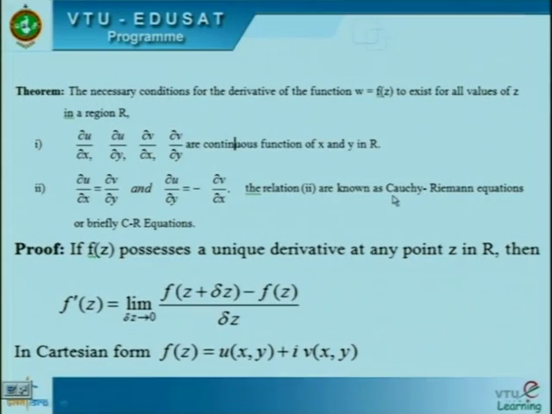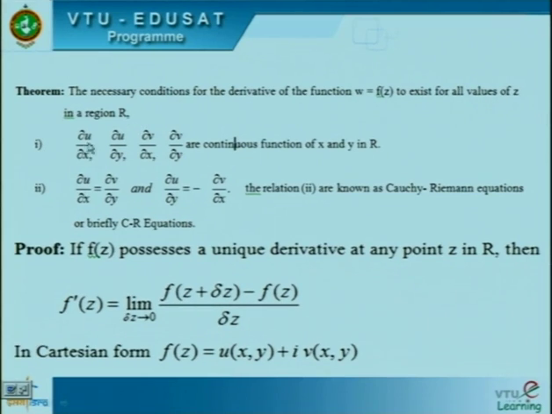And if the derivative exists for a complex function, for any complex function, we can prove one theorem that is known as the Cauchy-Riemann equations theorem. The theorem is that the necessary conditions for the derivative of the function w equal to f of z to exist for all values of z in a region R